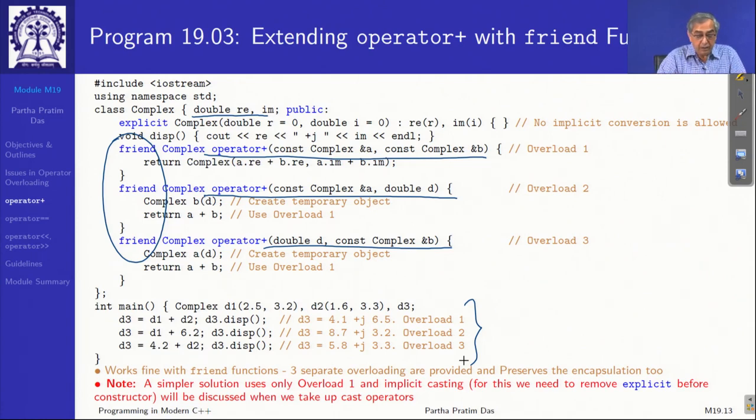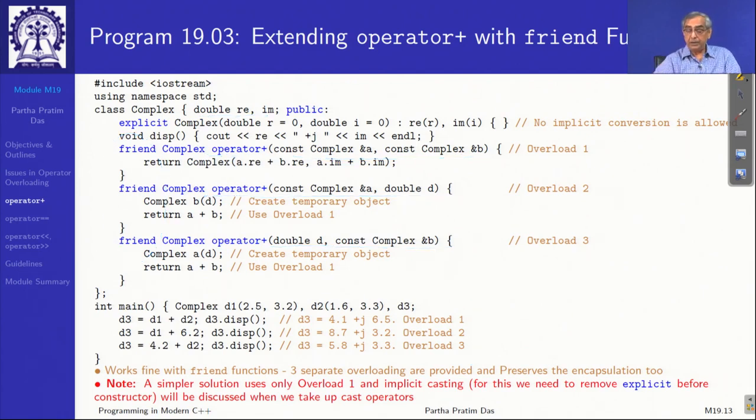I could have done a different solution also, which we will discuss further in a much later module when we talk about casting, is that do not make the constructor explicit and just provide one operator. Mind you, this will also work, but it will work differently. The way it will work is, since d1 plus d2 is fine, but when I do say d1 plus 6.2, 6.2 is a double